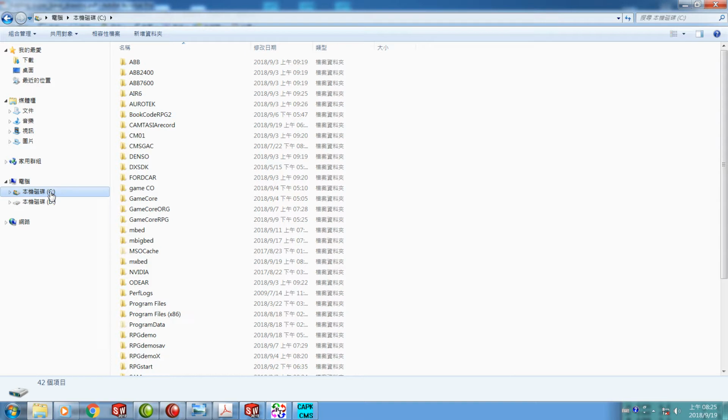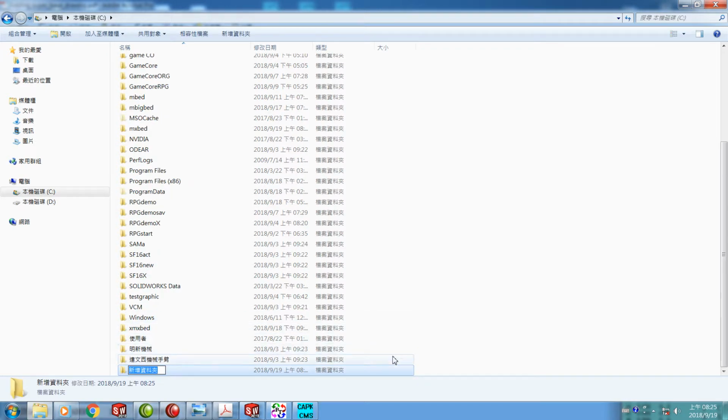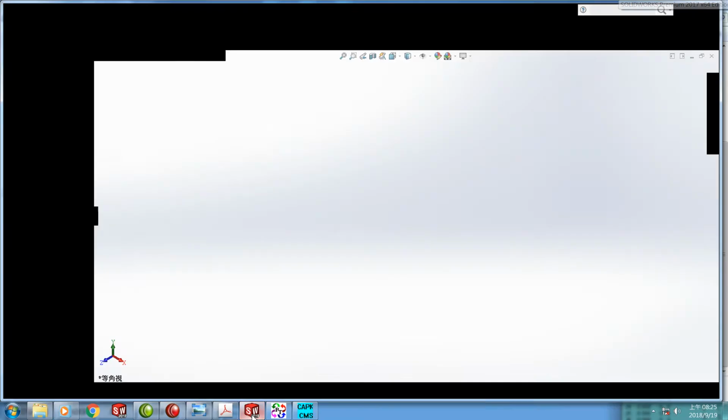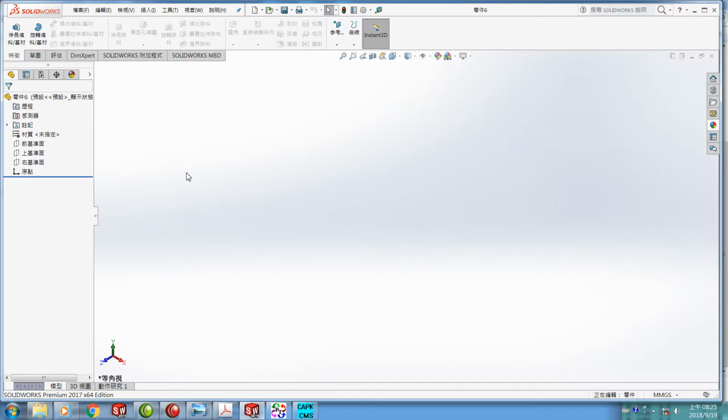a file folder on the C disk, find a blank place and press the right button and choose create new file folder. Give the file name as xx bed. Okay, the file folder is created. Let me go into SolidWorks to generate